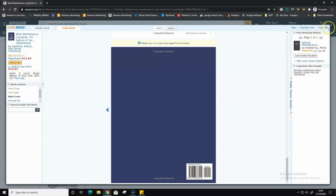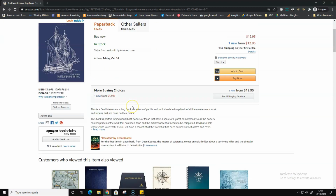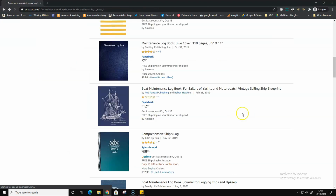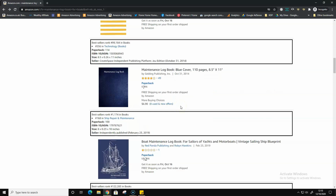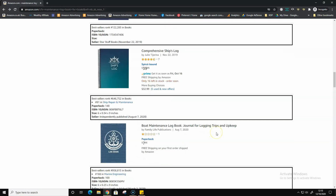Whatever reason they had to leave a low review, it's a shame because it's quite a nice little book. Maybe it's a bit expensive. I don't know. But sometimes you do get bad reviews on your books. It can't be helped. Sometimes you don't know what the reason could be. And when people don't leave a message with the review, we have no way of knowing what could be improved. But the ones that leave a note and a message why they give low reviews, we can learn a lot